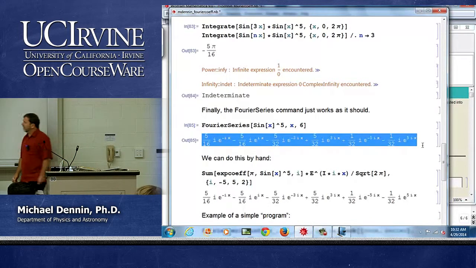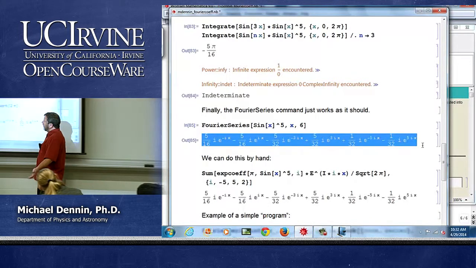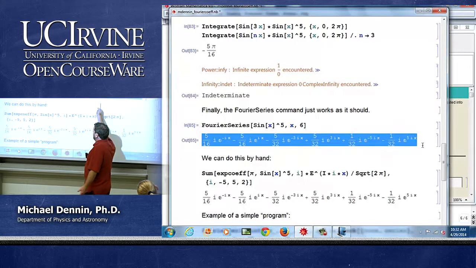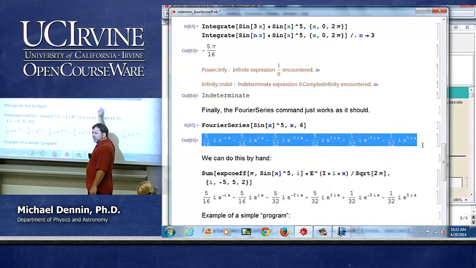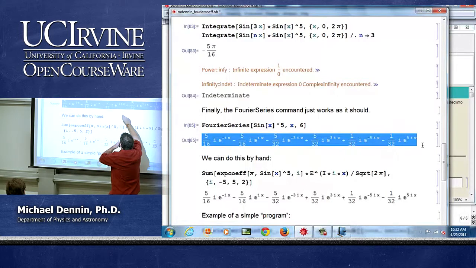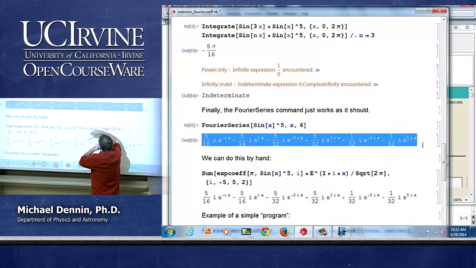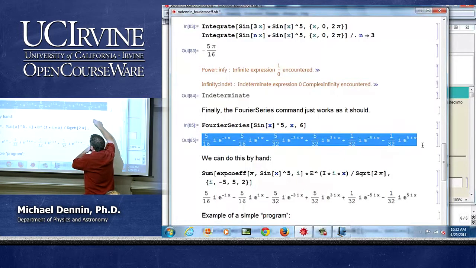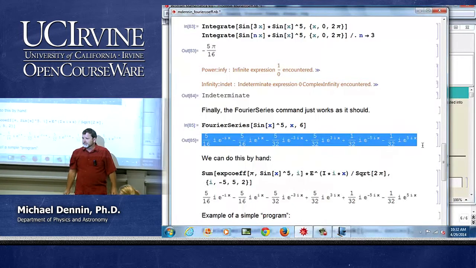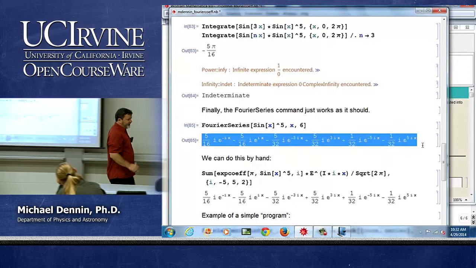notice at first glance, I took a completely real function, sine x to the 5th, and I apparently got a completely imaginary number, because it's I times everything. And then I realized, oh wait, now I've got e to the minus I, e to the I, e to the minus 3I, e to the 3I, e to the minus 5I, e to the 5I, all with opposite signs. I've got a sine series here. And indeed,